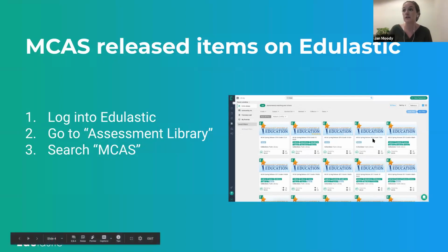So to find all of these released items on Edulastic, you log in or create an account if you're brand new. You head over to the assessment library, which is these little books right here, and then you would search MCAS up in the search bar here. And all of these